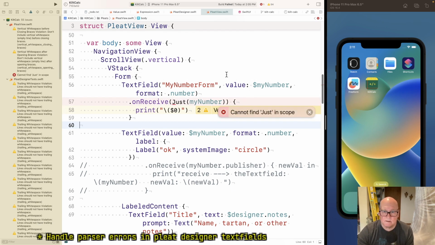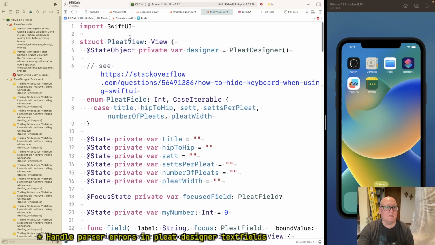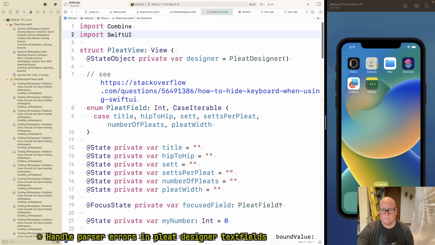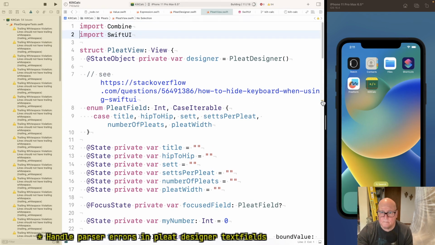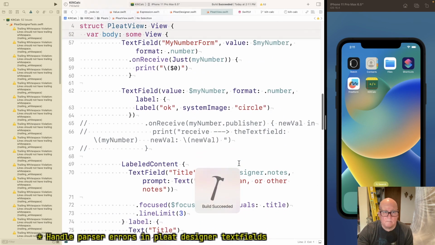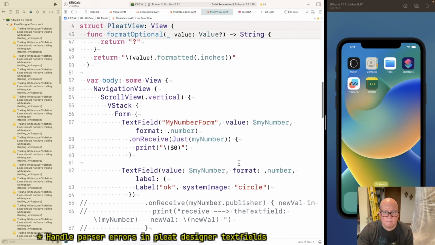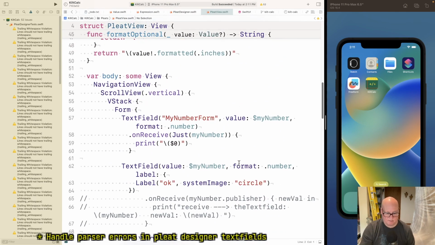Can I find just? Okay, it's their moment of truth, I guess.